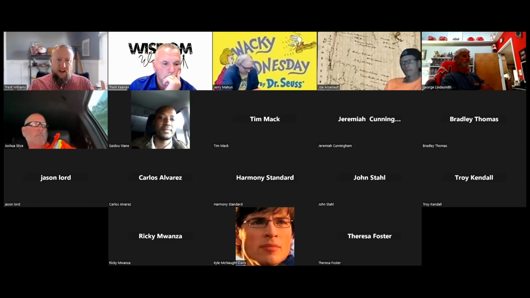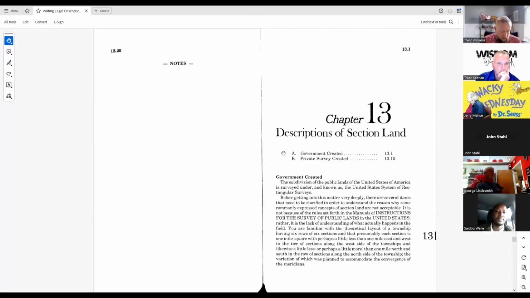So getting into that, tying out section corners, chapter 13 will push us further along. It's descriptions of sectional land. And I don't plan on spending a whole ton of time in here. There is so much that we could spend time on in this one. I know there are plenty of Mentoring Mondays and Wisdom Wednesdays, and in both books, I talk a lot about the sectionalized land. Most of us have been West Coasters that understand and deal with sectionalized land.